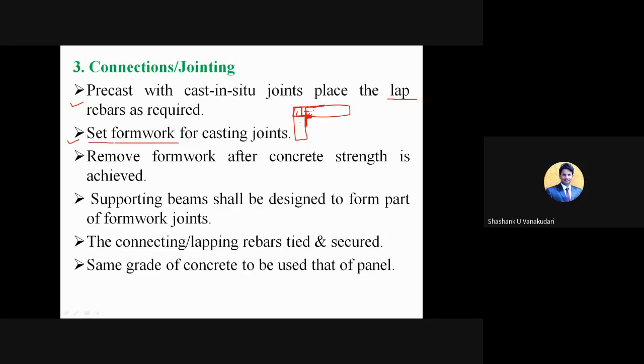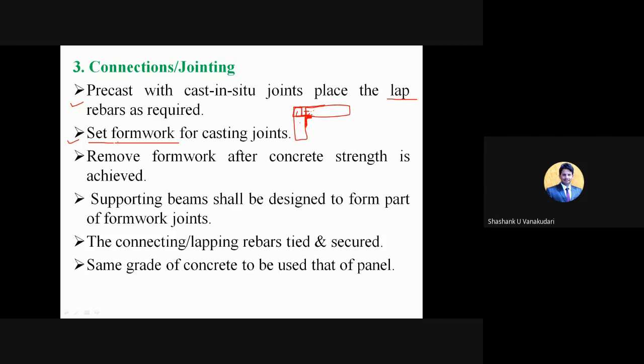So this formwork is very important while giving the joints as well as the connections, because we need to give the proper portions for the joints as well as the connections. So for that, proper formwork is required. Okay.